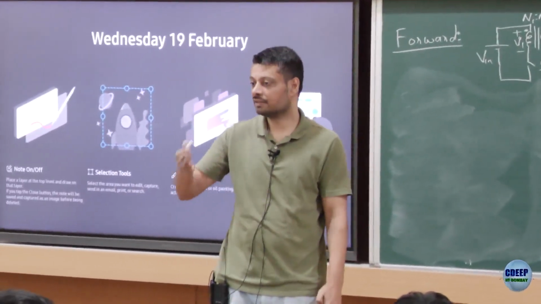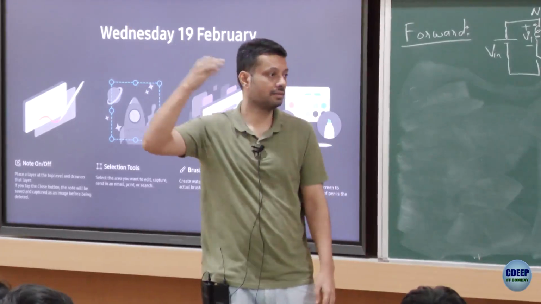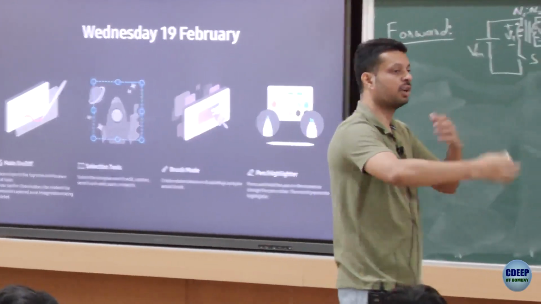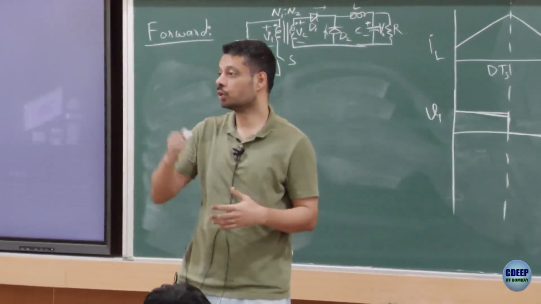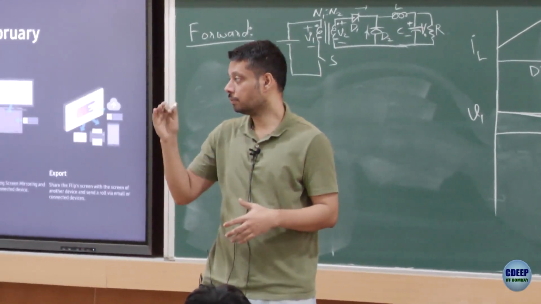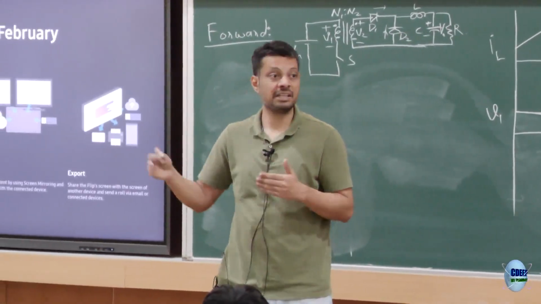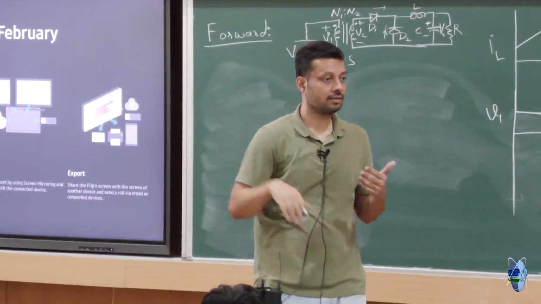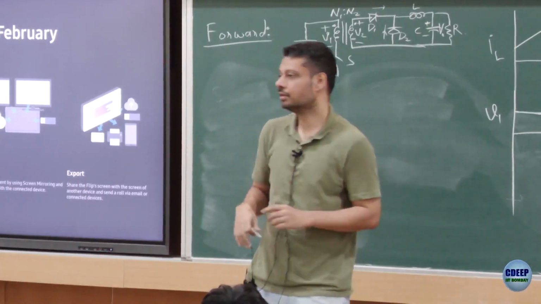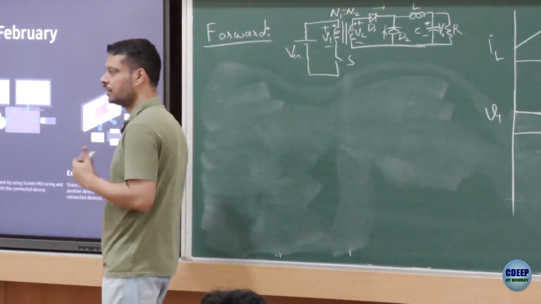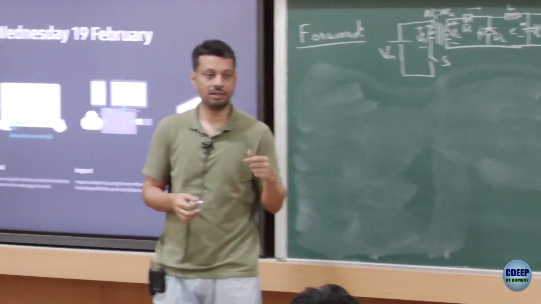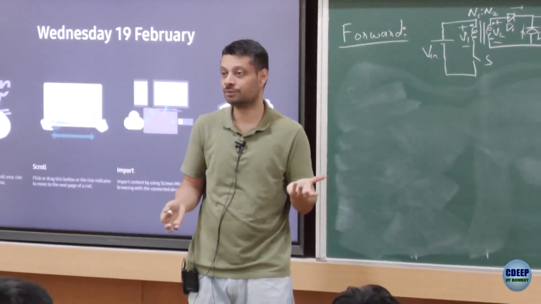No, its flux will just keep on increasing, right? And it will start drawing more and more current. You will go towards the saturation region, but your flux is increasing, so your current will increase exponentially faster, right? And the whole thing will just blow off, right? So this cannot work in a practical situation. A transformer, you can never apply DC voltage.